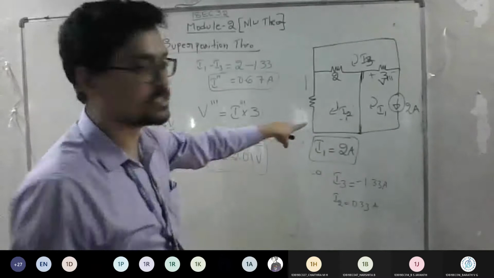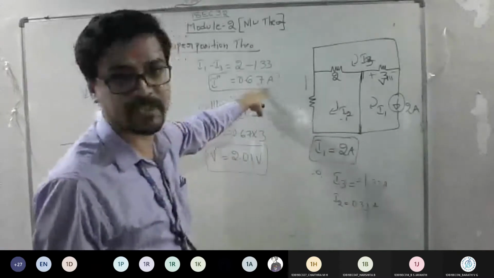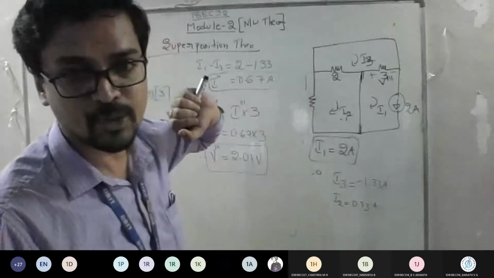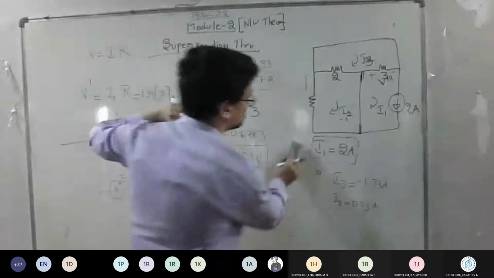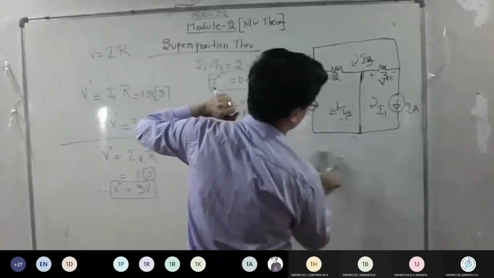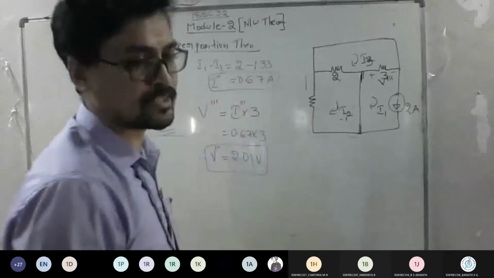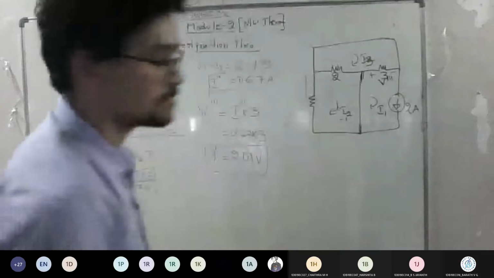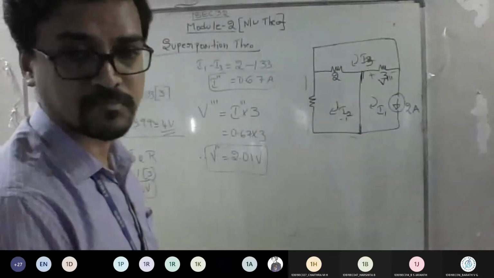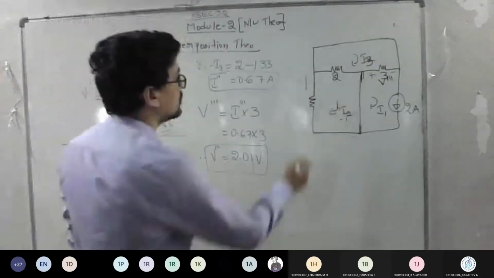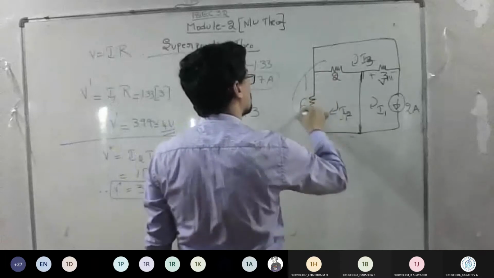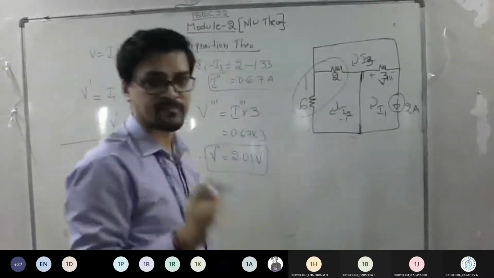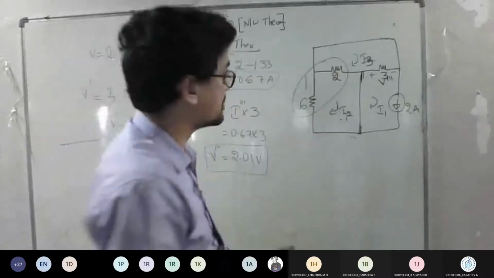So I told you, you can solve the same to get the answer for current using your branch current rule also. So what's the thing I told you? You need to do this 6, right? So this 2 parallel combination. So what is the parallel combination answer? Just check out.